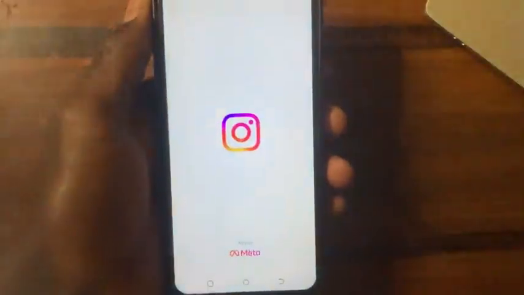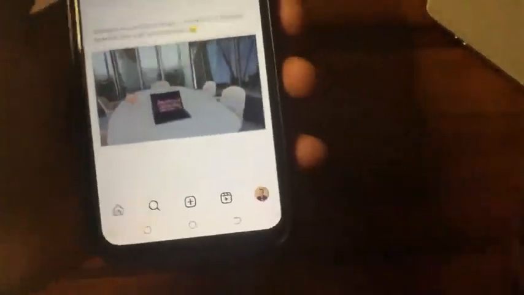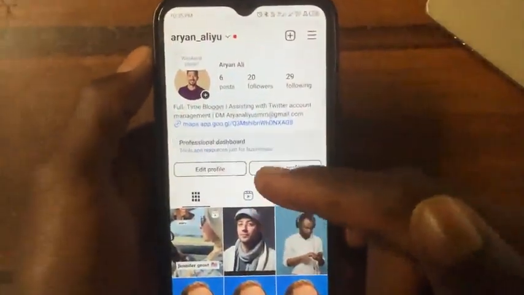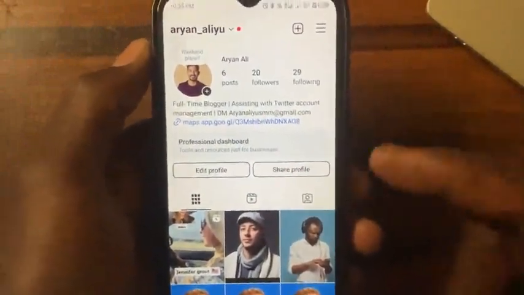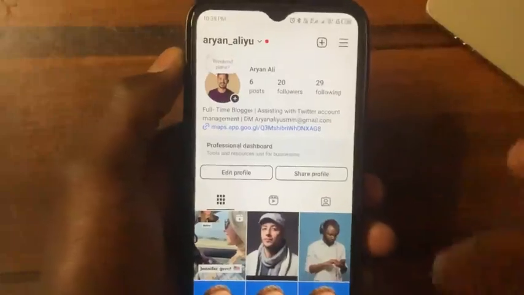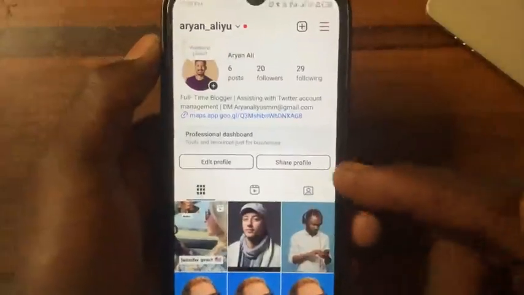app. After you open your Instagram app like this, go to your menu. After you open up your profile like this, most of the time the reason why Instagram is giving you "you can't interact with certain accounts right now" is because you are following many accounts at the same time. If you are following many accounts at the same time, from there Instagram will track your account like